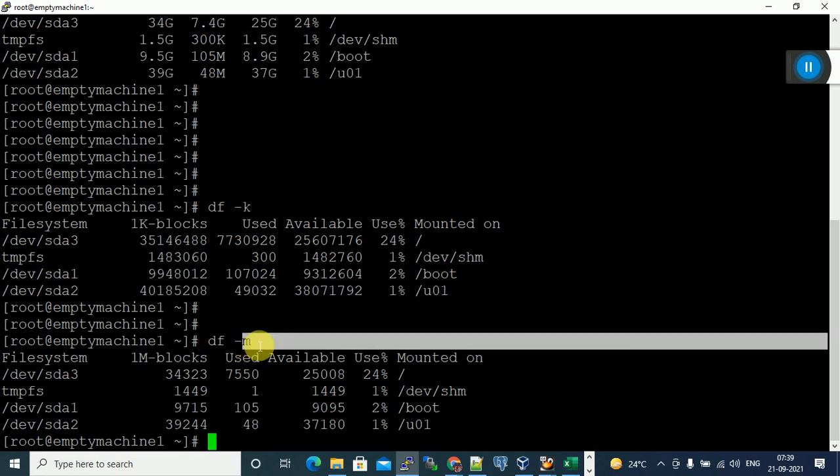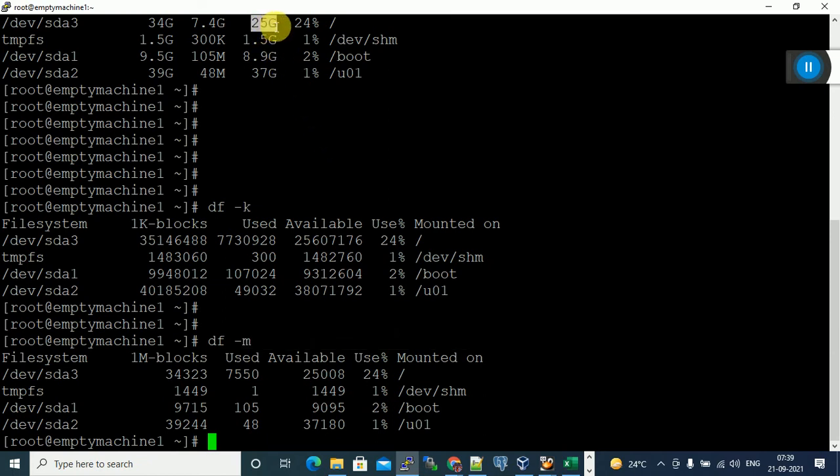M means megabytes. How much is 25 GB in megabytes? 1 GB is about 1000 MB, so 25 GB is 25,000 MB.